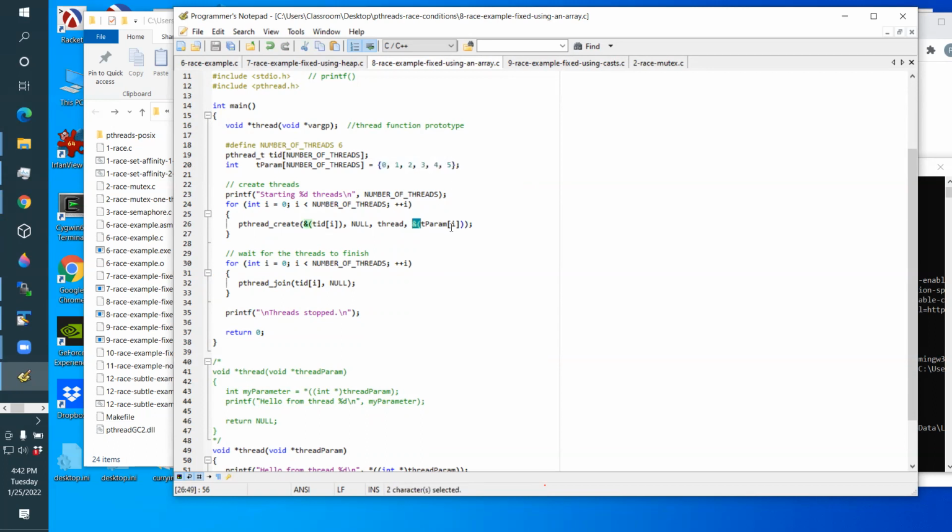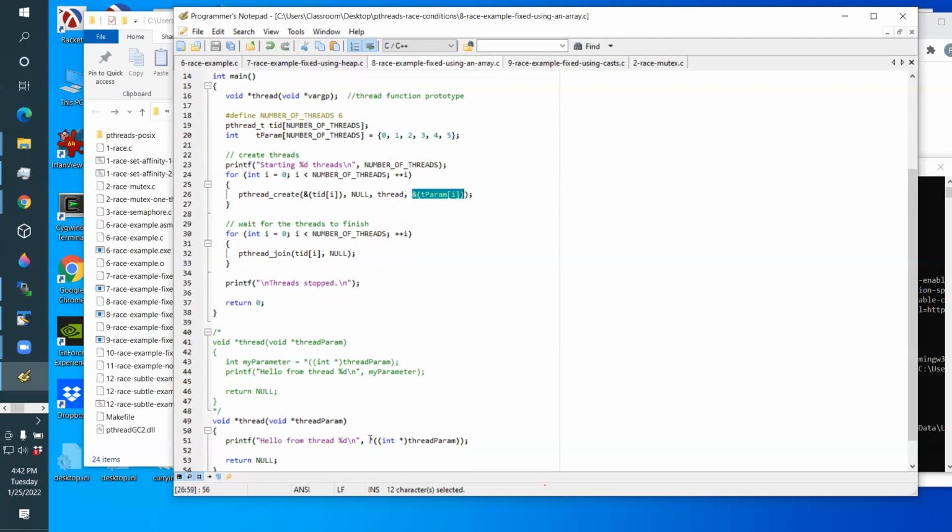Here I'm taking the address of the ith slot in that array, the third slot, is that one. So what this thread sees are these values. I fill the array with unique values and then pass the address of each unique value in the array. And then this code down here gets the value out of the array, but it's getting these values here. So for example,